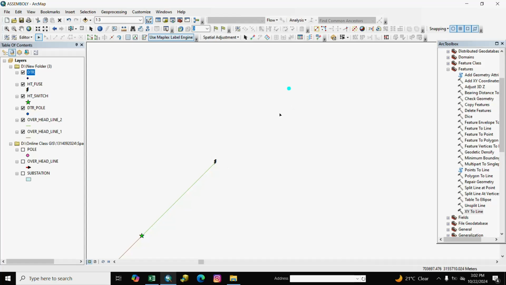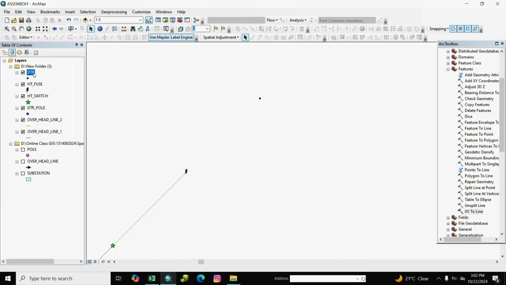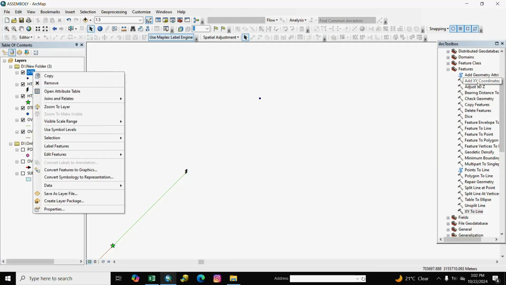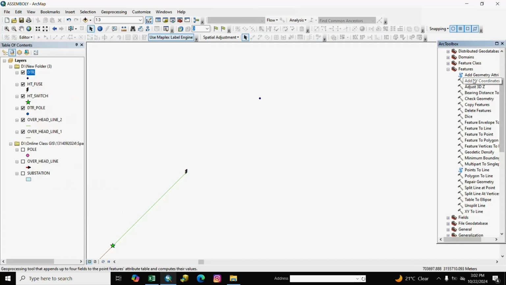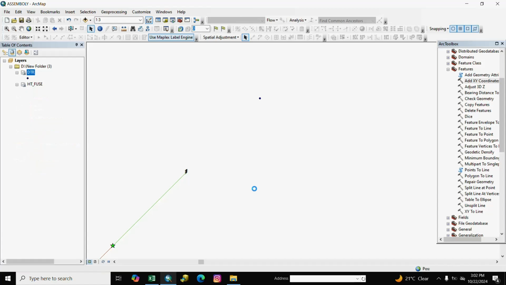We move it, you see here, we move it. After move, we save it, stop editing, and we add xy coordinate, we select here DTR and OK.